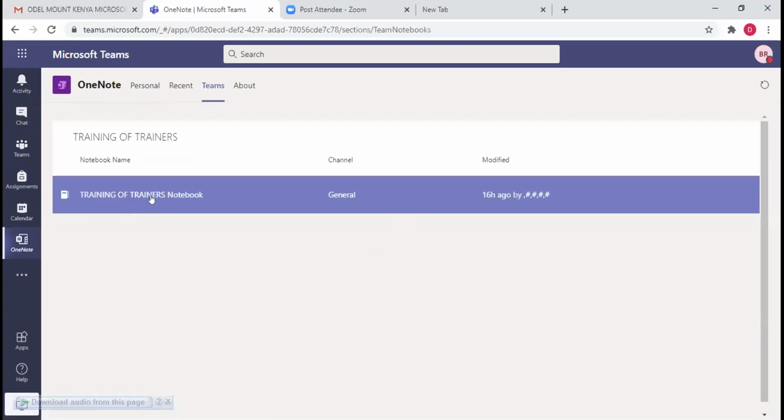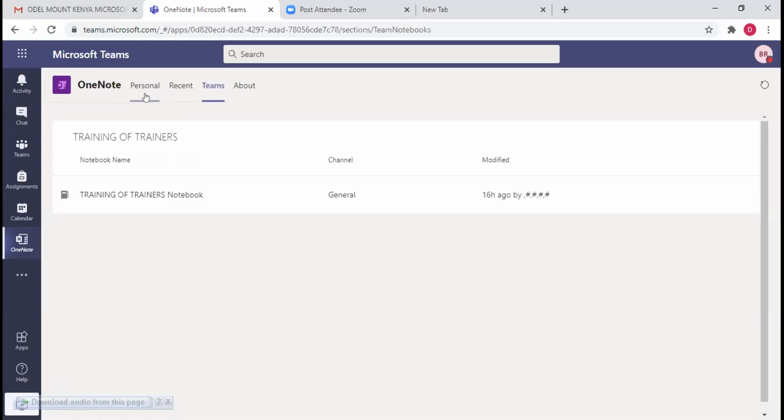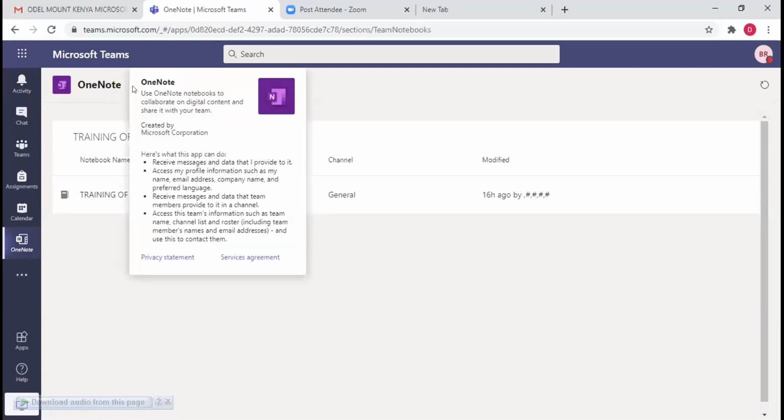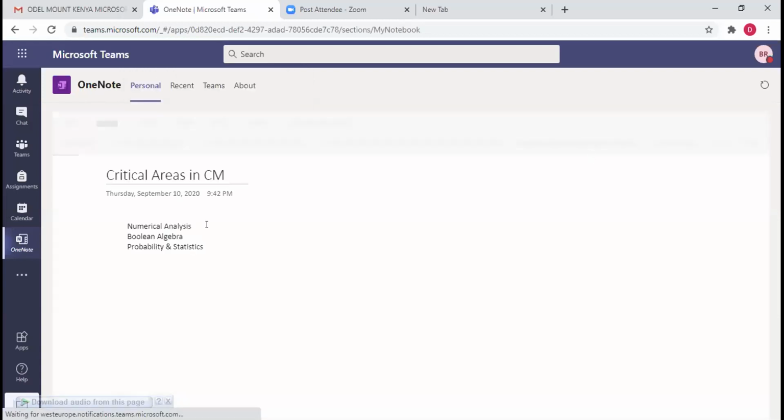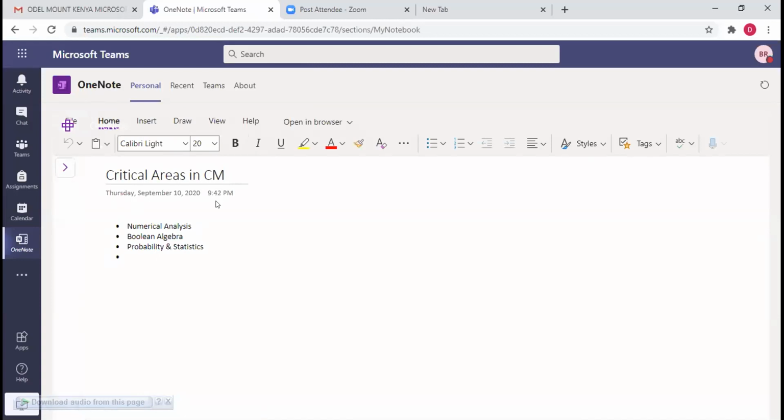Now you need to assign it somewhere. It is appearing under your personal, so you are the only one who can see it. So how do I get it now to the Teams? Maybe you can edit. But on your side, can you see the notebooks that I created? Yes.